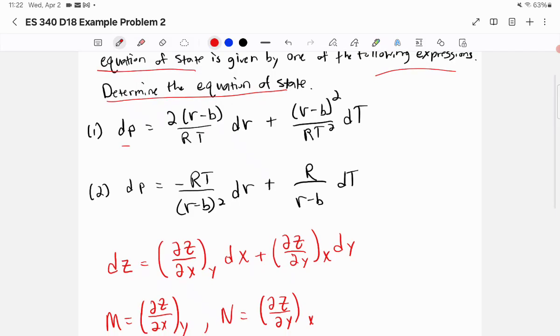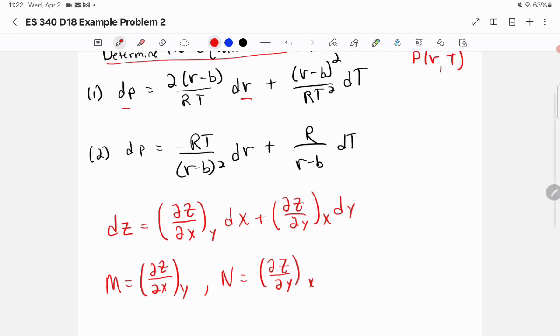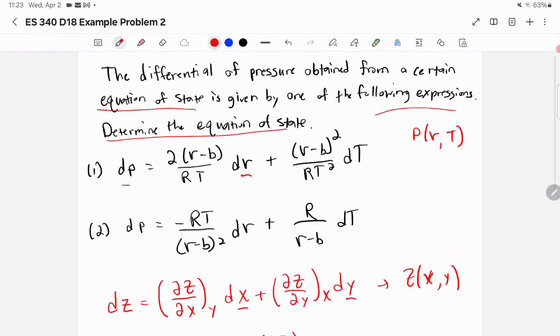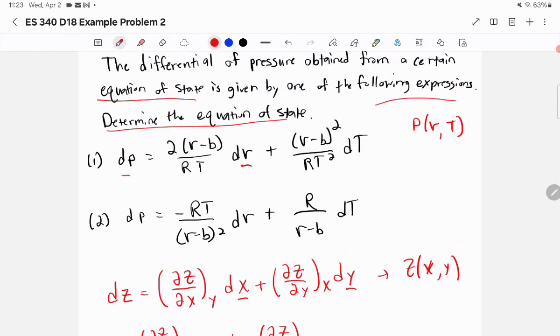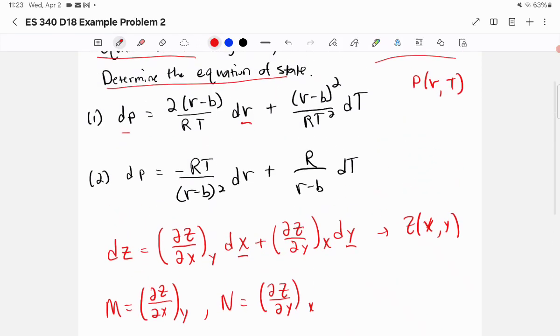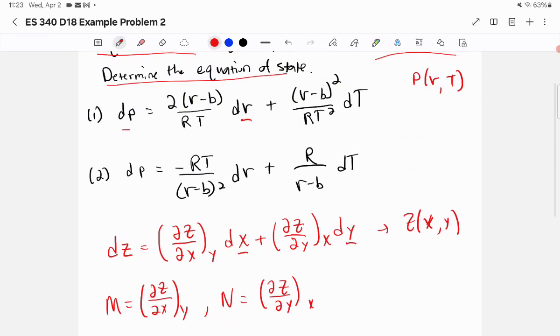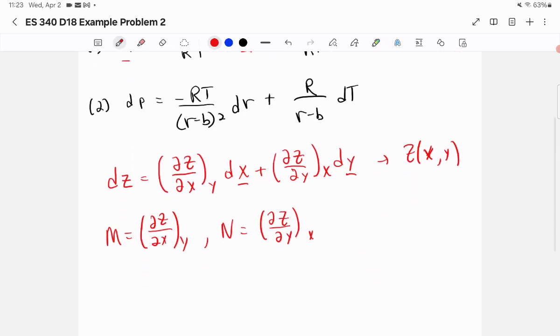In this case, both of these equations are indicating that my pressure is a function of volume and temperature, which we already know is true anyways, but that's what this is indicating, much like this was indicating that z is a function of x and y. So we can see that we can map these two things back to each other. And so what that implies to us then is that for the first equation,